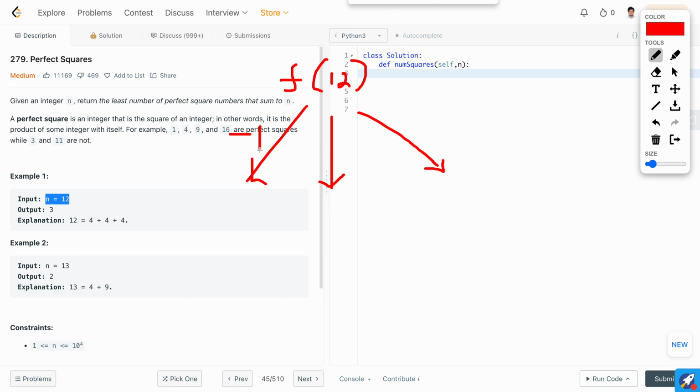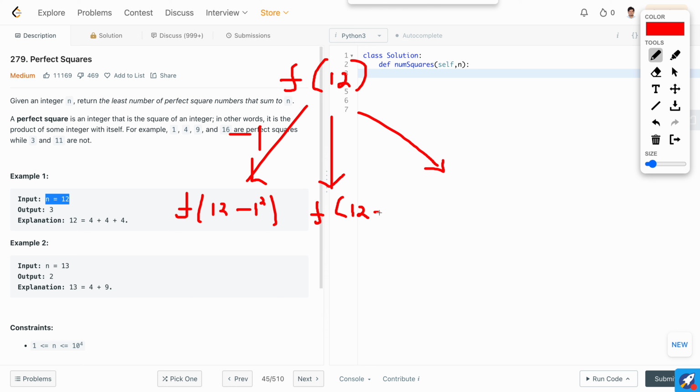So if we start from 1, then this would be the way of reaching using 1 square, right? And this would be the number of ways using 2 squares,